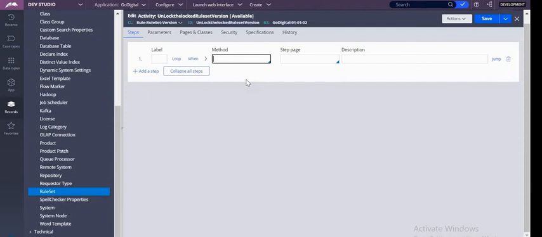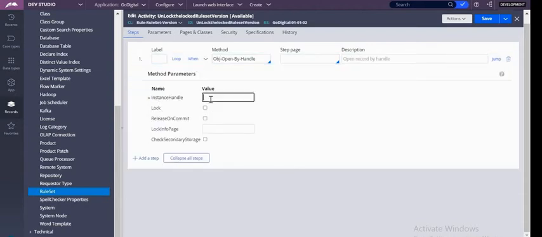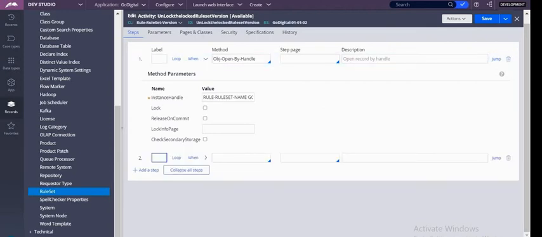So then what do you do? You'll go for Obj-Open-By-Handle. Expand this method. Then it will ask you for the instance. You know it, right? So I just copy it from there. Now you know where this particular instance is coming from, and you have added it. Then add another step. What happens in the first step? Pega will open the record which has the rule set name Go Digital 01-01-01. In that it will have properties, right? You have to set those properties. Set the values.